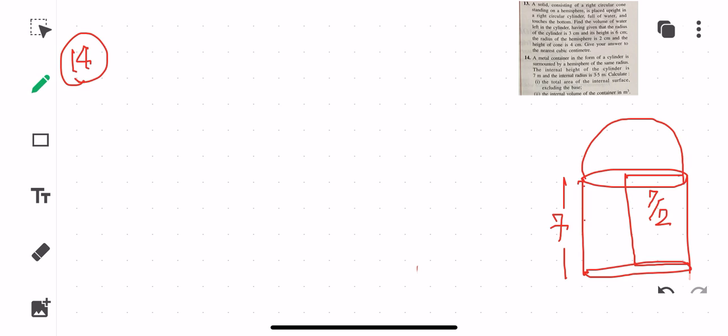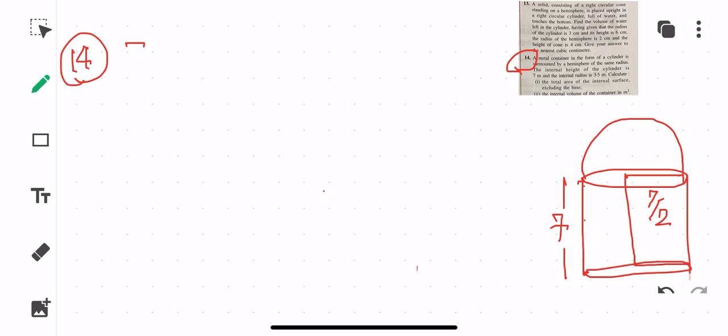surface area. So what you will be writing, this question is an easy one, children, so easily you can be taking this as homework. Why? Because here they are asking what? They are asking that you have to find out the internal surface area. So you already know what is the formula for internal surface area. You will be writing what? Just write down the formula and then just replace the values.